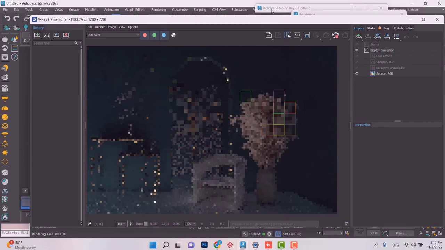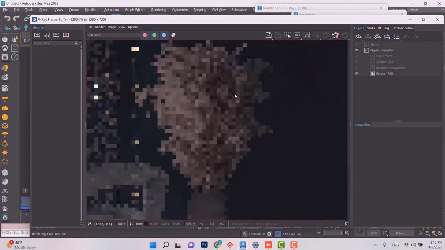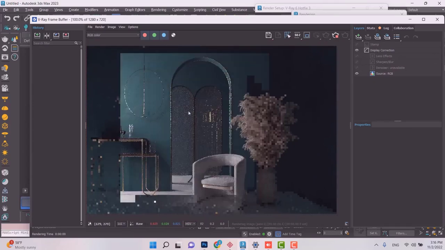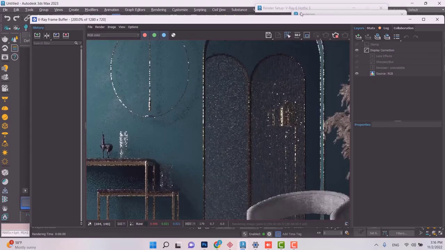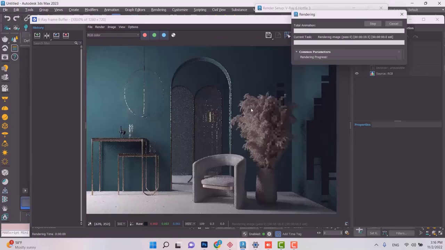Okay, so the setting that we have chosen for our image sampler section is basically in charge of what's happening right now, and we have yet to see a part of our final image. Okay, so it's starting to happen now, and you can see image sampler at work, and as time passes we will see our final image improve in quality and also in resolution. And that's basically what the process of rendering entails.